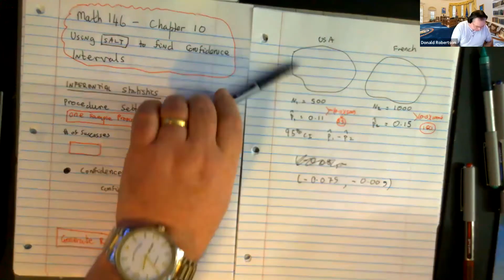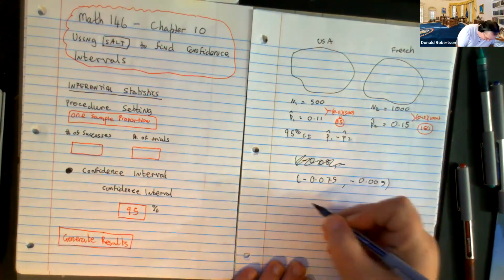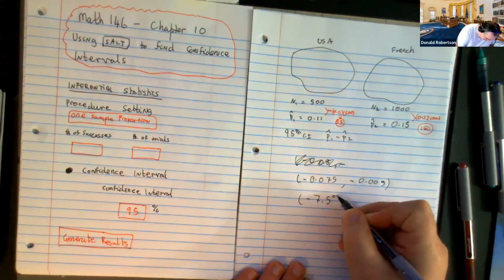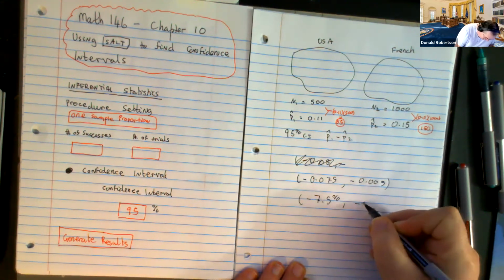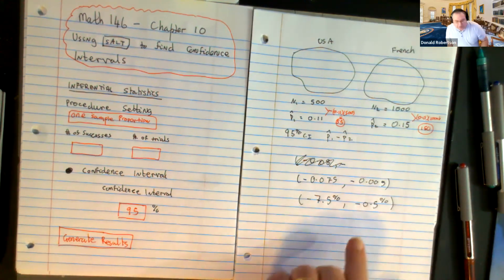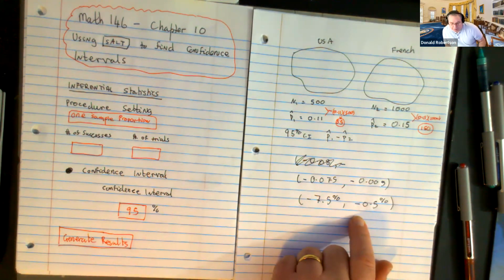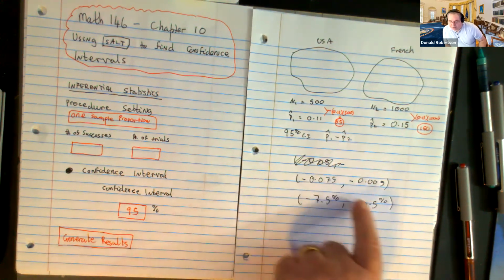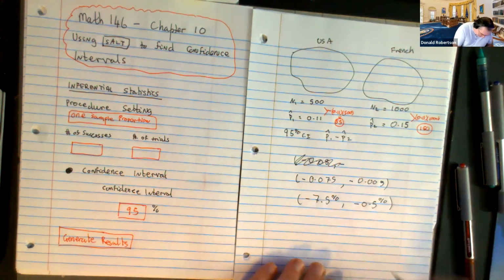Well, let's hurry back to what we have just found out. As a percentage, that is negative 7.5%, and this is negative 0.5%. Now, we talked Monday and Tuesday about this. If you have the difference in two proportions and all the numbers are negative, as they are here, does that